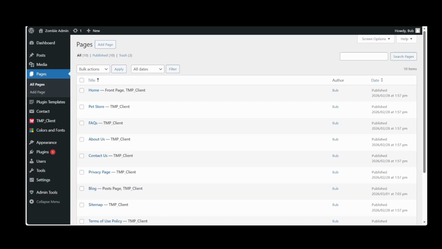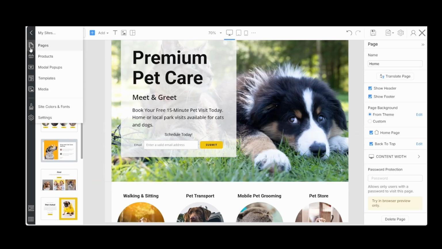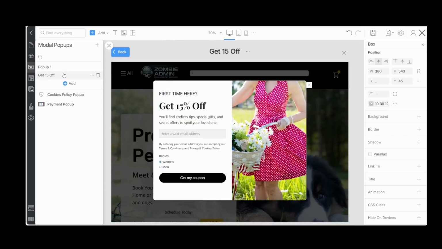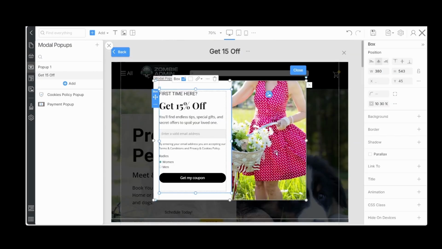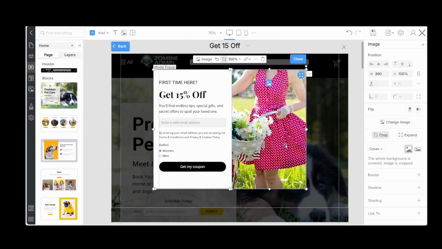Click on Client. And then once you're inside, let's go to pop-ups. And then here you'll see this is the main pop-up that's been popping up right here. And you can design that how you like. Click on there. And then on the right hand side of the editor, you'll see you can change your images.